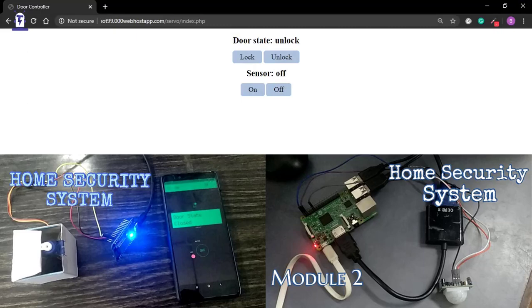Hello everyone, today we will learn how to make a home security system using a servo motor and a PIR